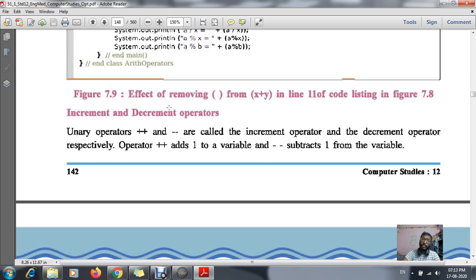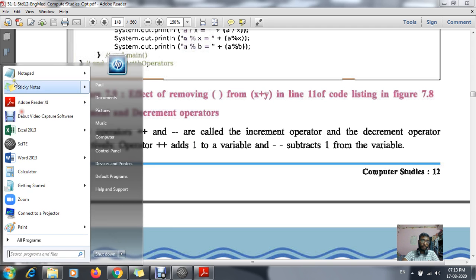Just remember: increment operator means double plus symbol, and decrement operator means minus minus symbol. That means two pluses for increment and two minuses for decrement. A single plus and single minus are used for addition and subtraction.